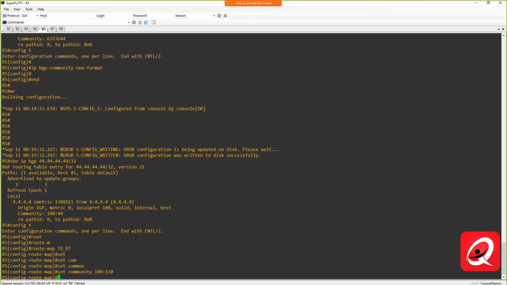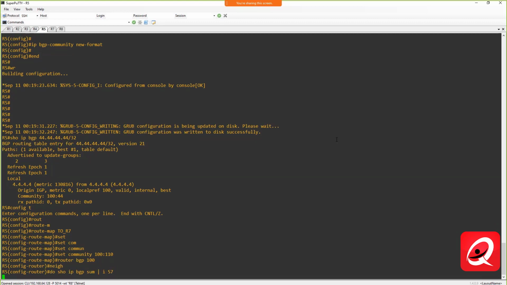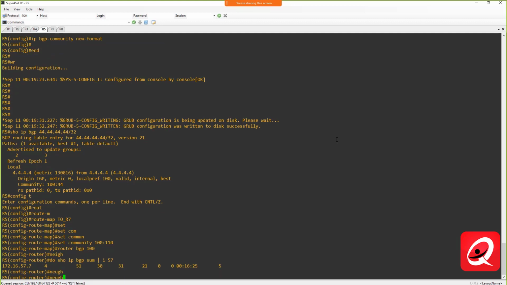So in this case, we're basically just going to say anything that comes from R5. All prefixes that come from R5, we're going to go ahead and set the community to 100:110. All right? So in this case, we're just not referencing a specific route. So under router BGP 100, I'm going to say neighbor, well, let me do this real quick. Do show IP BGP summary, pipe include 57. So I'm going to say neighbor